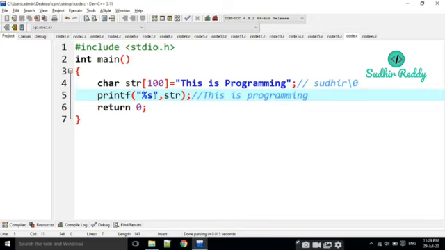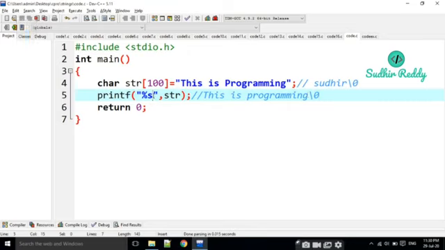But if I change this to %d instead of %s, it takes str as the address of the first character, just as arr is the address of the first value. From the first character it is going to be incremented, and it is going to stop when it reaches /0.